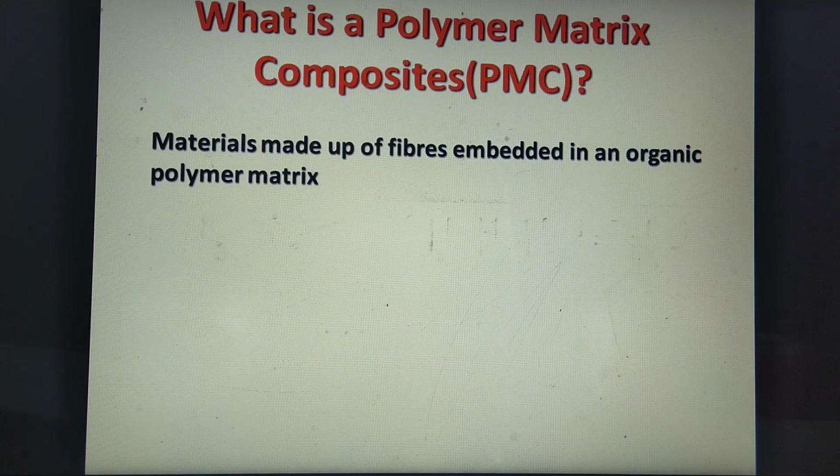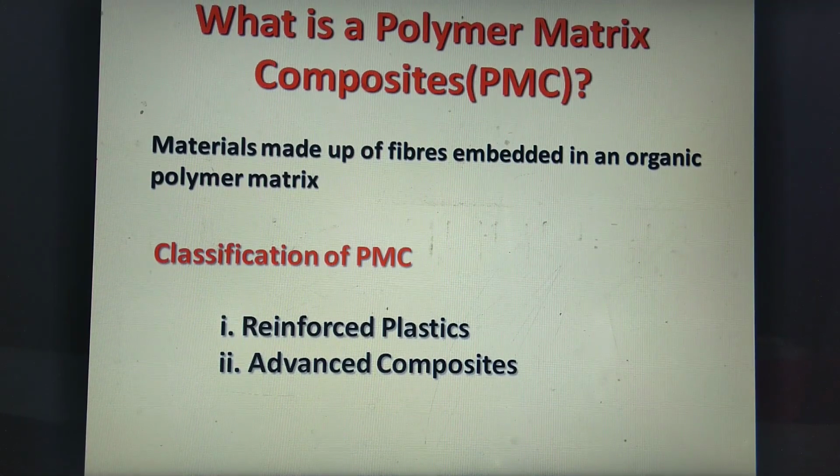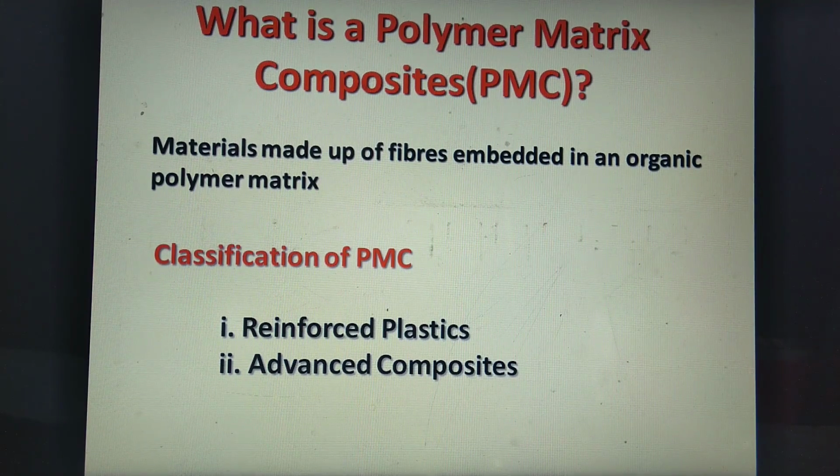The polymer matrix composites are classified, on the basic level of strength and stiffness, into two types. One is reinforced plastics, which are conferred additional strength by adding embedded fibrous matter into plastics. And the second one is advanced composites. It consists of fiber and matrix combinations. Regarding the properties of the polymer matrix composites,